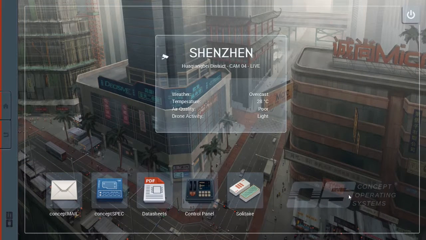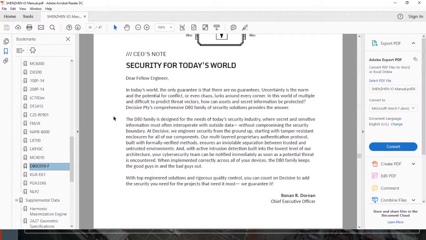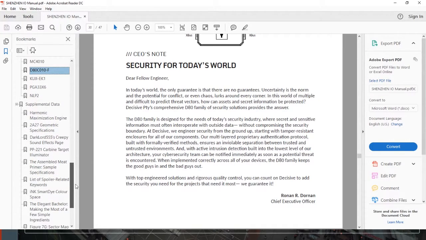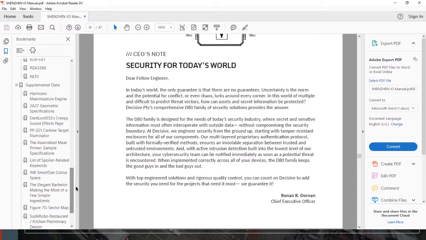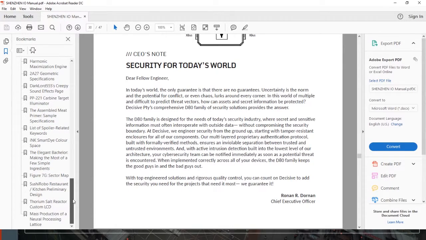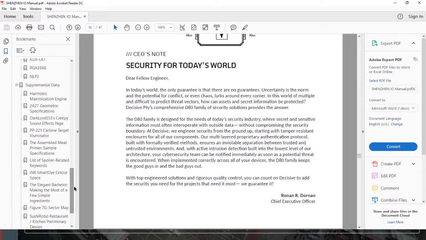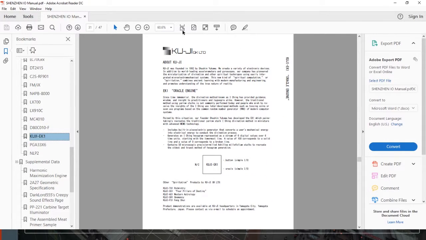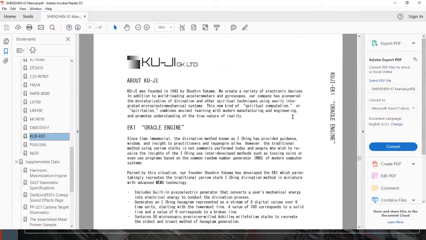But anyways, the Pocket I Ching chip is actually part of the data sheets. It's in the supplemental data here, under... Yeah, and they've rearranged it a bit, haven't they? And it looks like they've removed the Pocket I Ching documentation. Huh. I guess they thought they didn't need it. Oh wait, no, it would be under chips, wouldn't it? As opposed to supplemental data. Oh, yeah, here it is. Yeah, Kuji